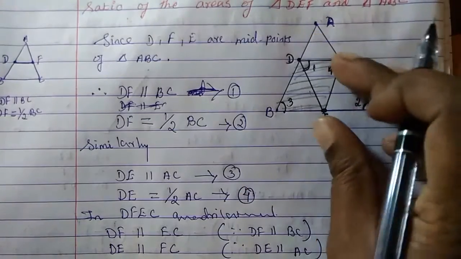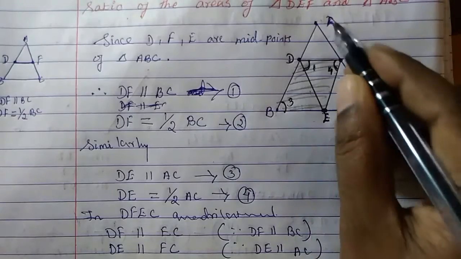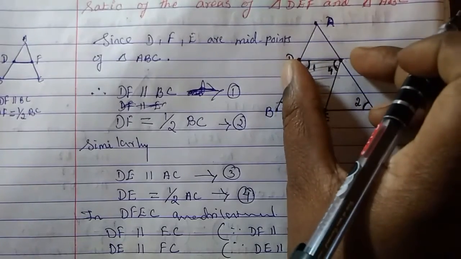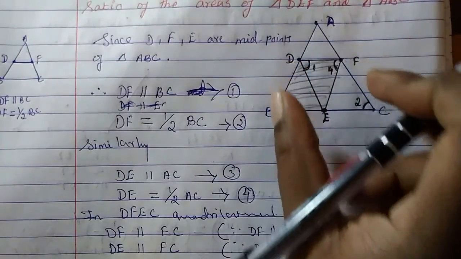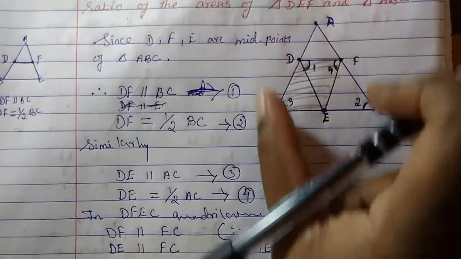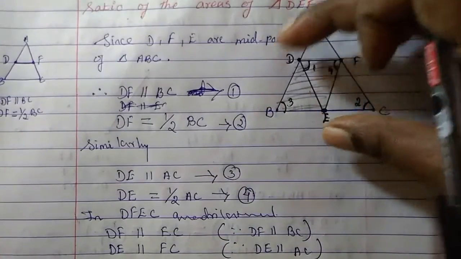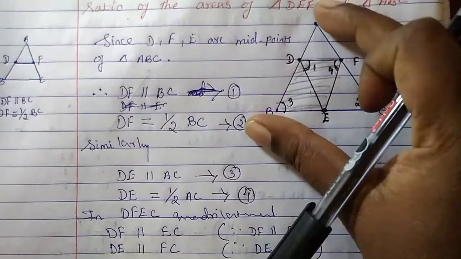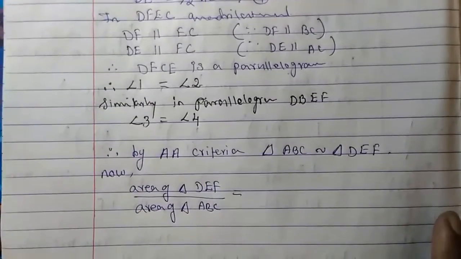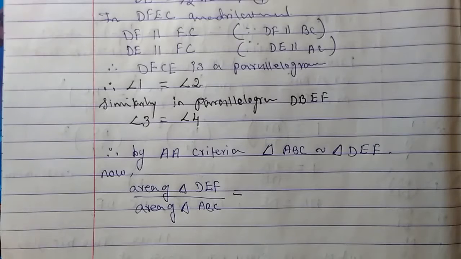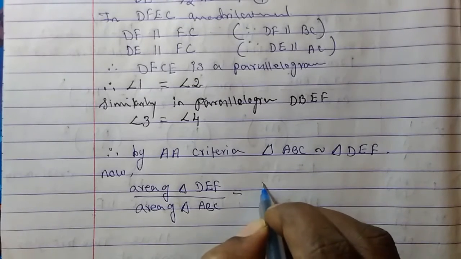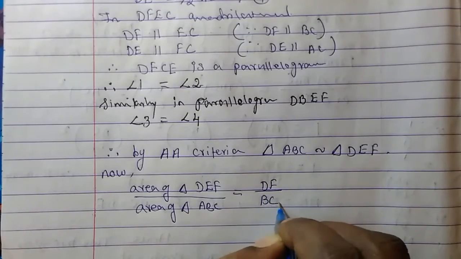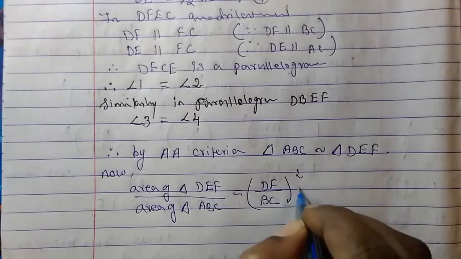for each triangle you see now, for DE it will be AC, any side you take. If you are taking DF of this small triangle, then for the big triangle you take just the opposite side, because these two are parallel, right? So same way, if you are taking this side, then the bigger side is here. If you are taking this side, then the bigger side is this side. So the ratio you have to write down. So which side are we taking first? Let's take DF upon the opposite side for ABC, BC whole square. Okay, will be equal to,